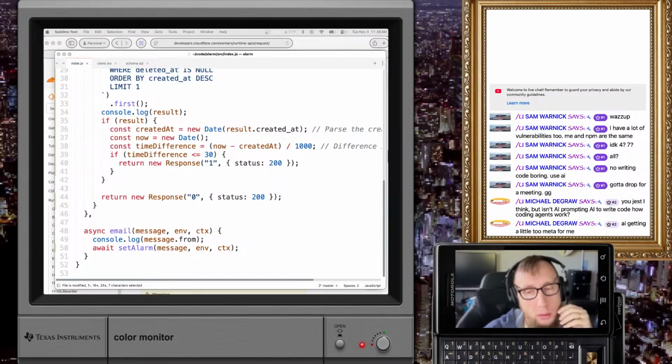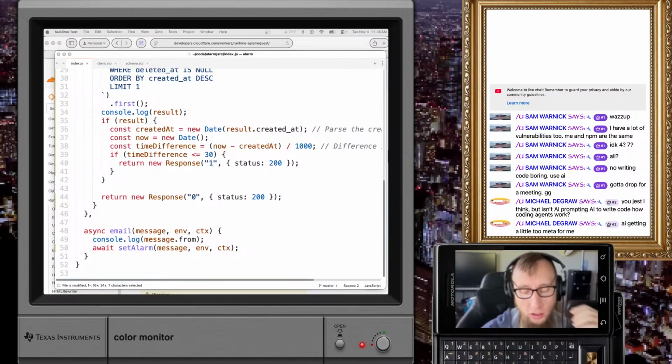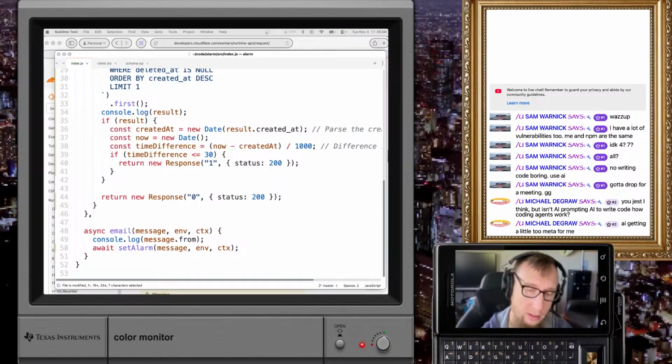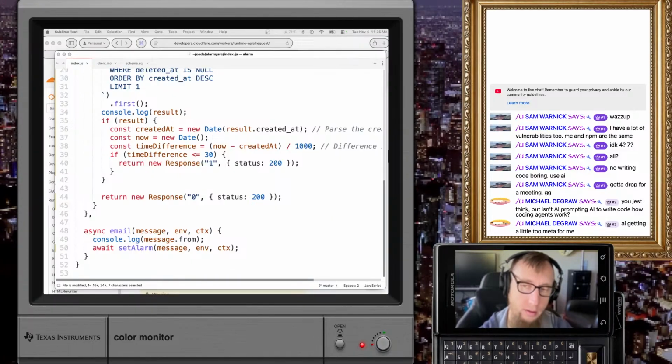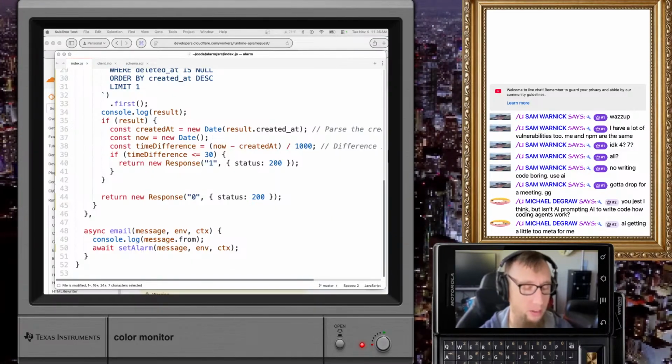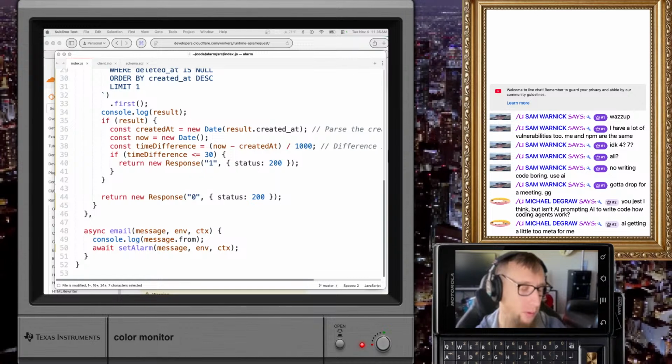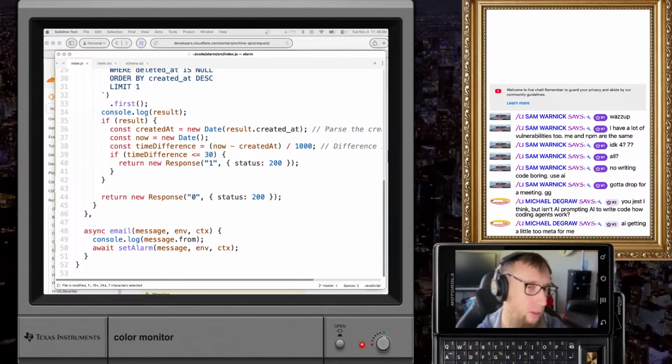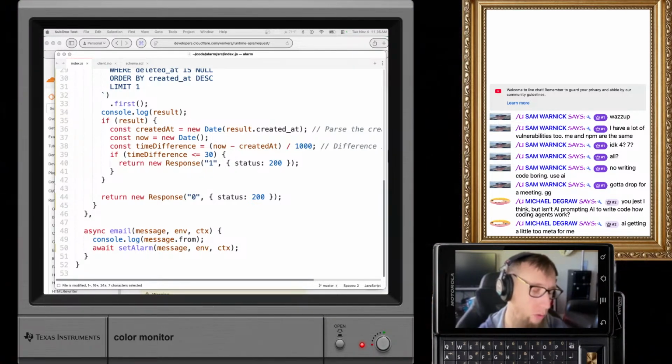Well, that's pretty cool. So I set up an automation so when my friend messages me, because we're doing this based off SMS, basically. So now whenever we get a text from this system that does already work, his phone will forward that off to Cloudflare and set the alarm.